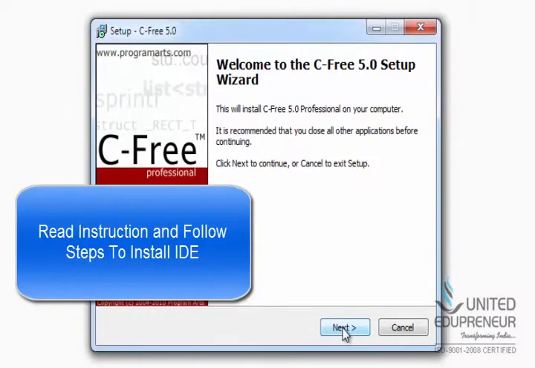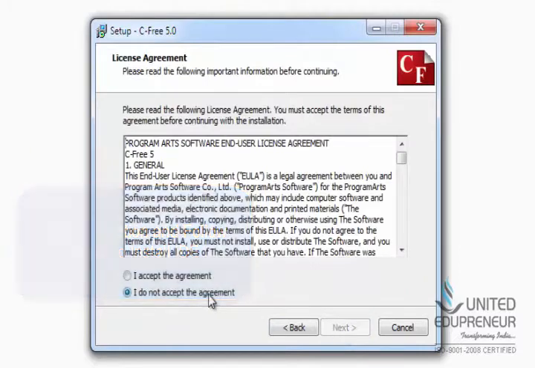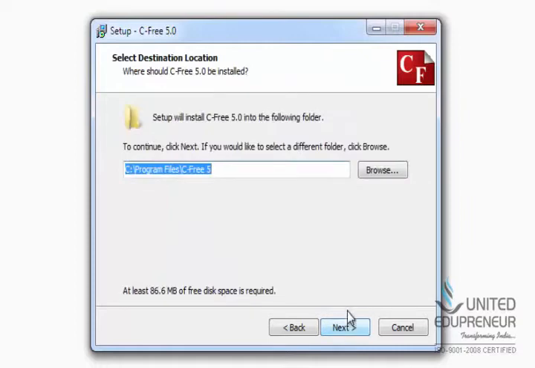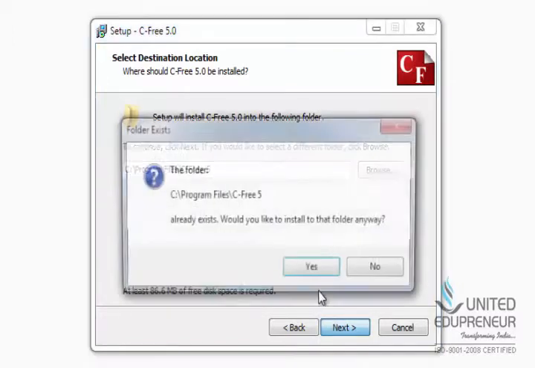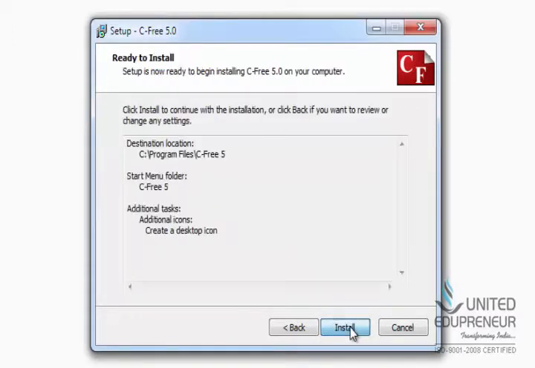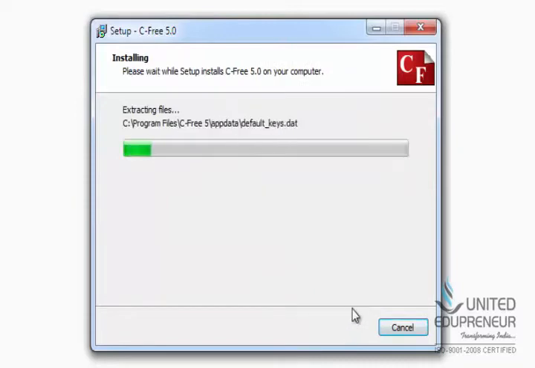Click on the next button, accept the agreements, and once again click on the next button. Choose the path where you want to install the C Free IDE and click on next. Click next one more time and click on install. It will take a few minutes to install C Free on your machine.